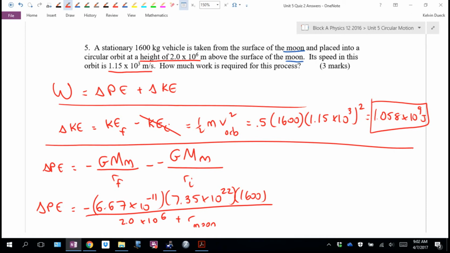You can choose to type all this in one fell swoop. I'm really not going to. I'm going to go plus ditto mark times ditto mark times ditto mark divided by